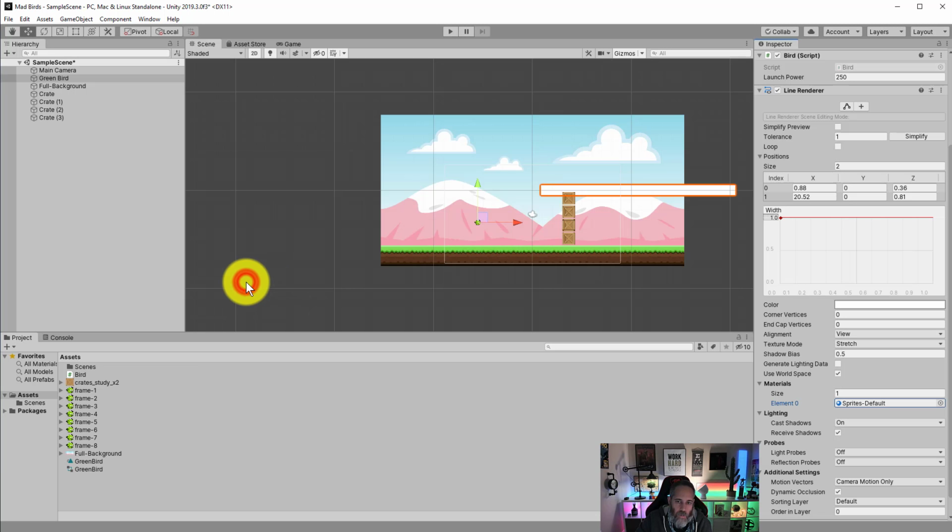We'll choose Sprites Default and look at that. Our line renderer using the sprite material is now drawing on top of the background. It's now a sprite, so it's drawing in the right way. Before it was using the material made for 3D rendering, which doesn't work well with our 2D sprite background. So we've changed that, and now we've got the line at least visible,